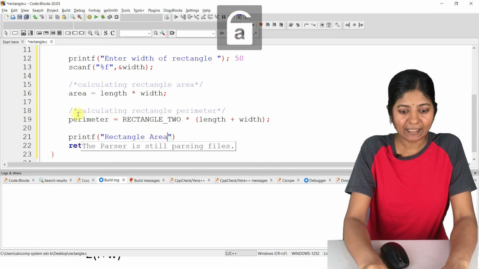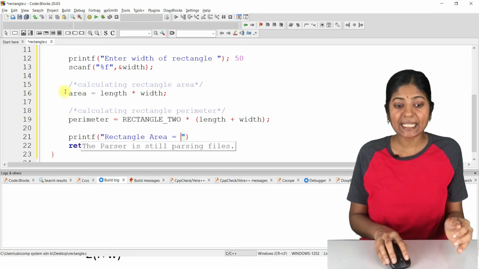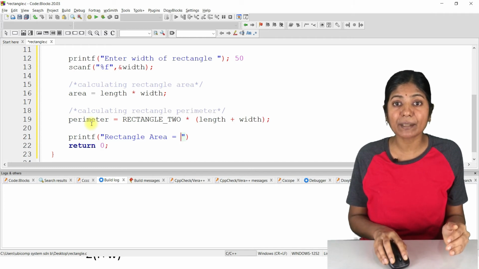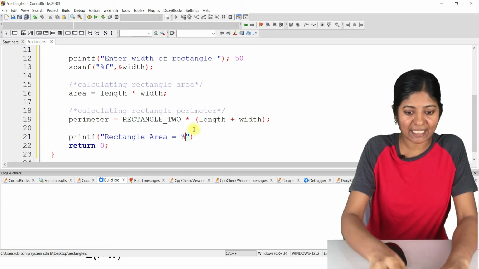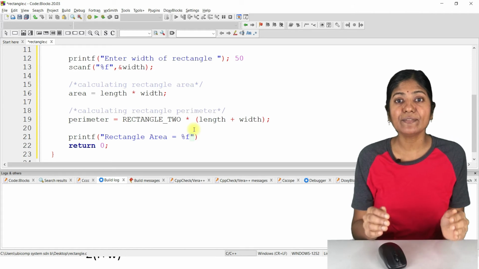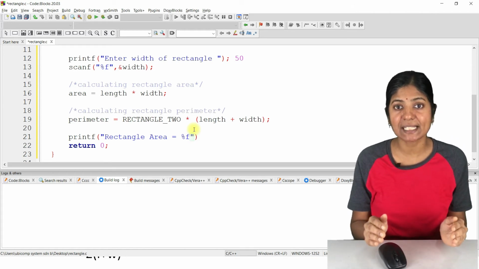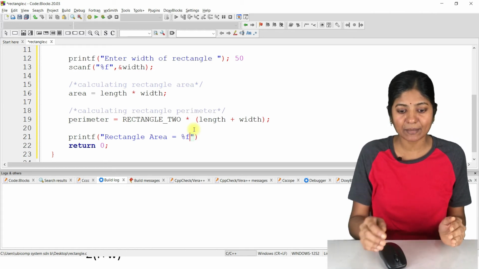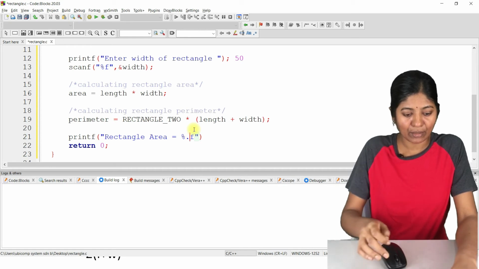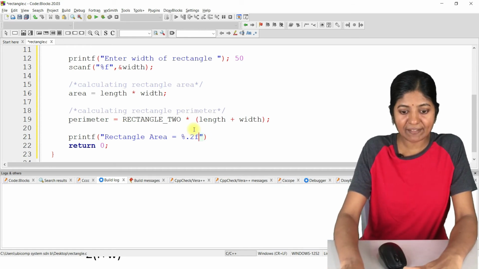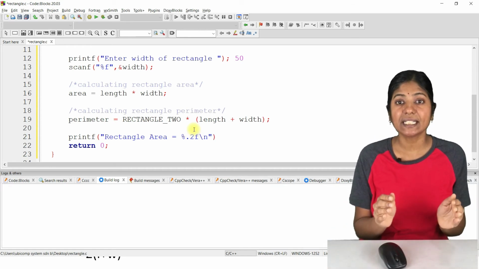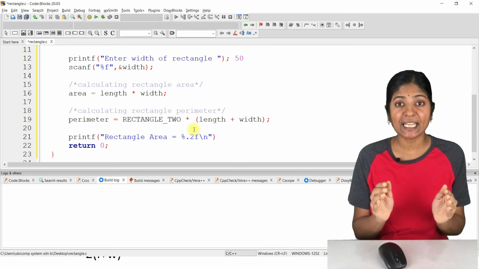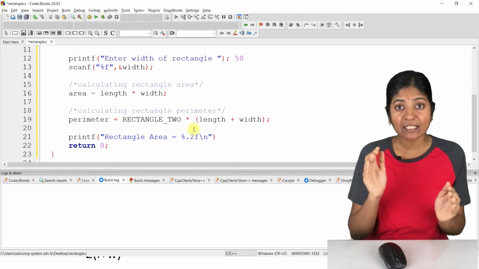Let's give the heading. As area and perimeter are float variables, we need to use %f, and we know that float gives a maximum of 6 decimals. If we want only 2 decimals, we need to use .2f. Let's give \n so that after the value of the rectangle area is displayed, the cursor will move to the